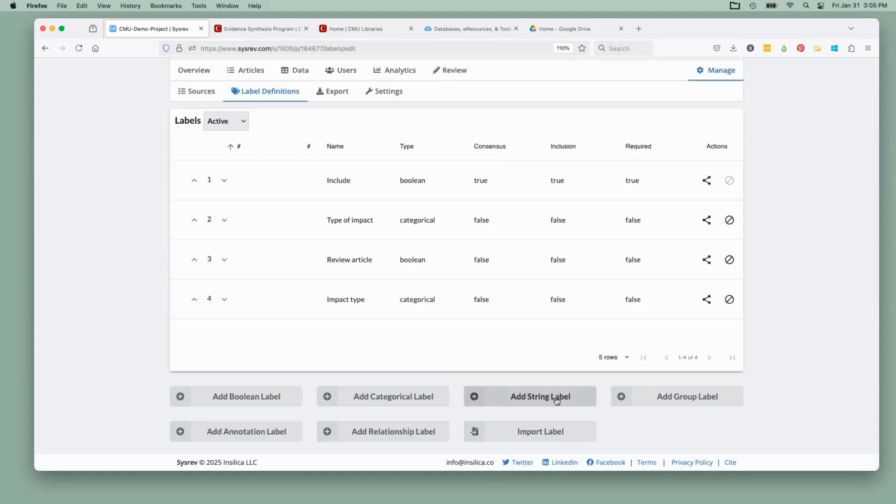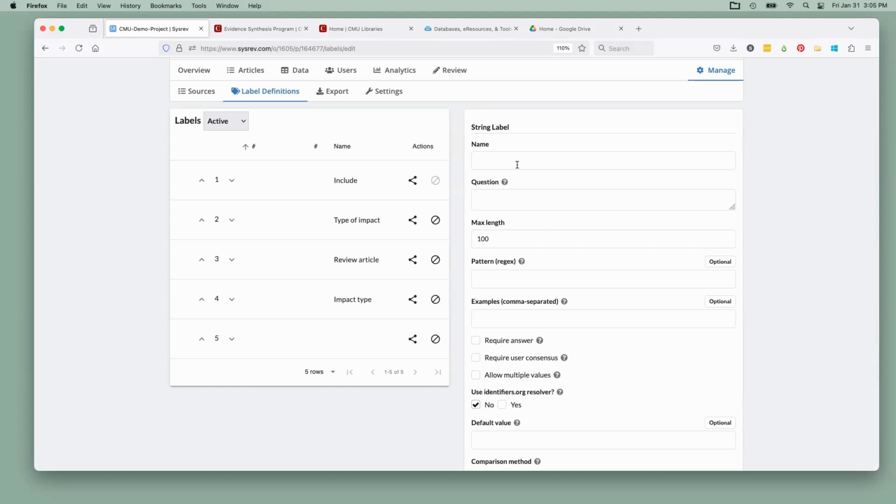Okay, finally, let's look at string labels. String labels allow a reviewer to type in an answer without any constraints. That said, you can add certain constraints, which we'll show here in a moment. So in this case, for example, let's say we want the reviewer to provide more detail about the types of impacts covered in the review. So let's just call this impact details. Can say provide more information about the specific impacts addressed